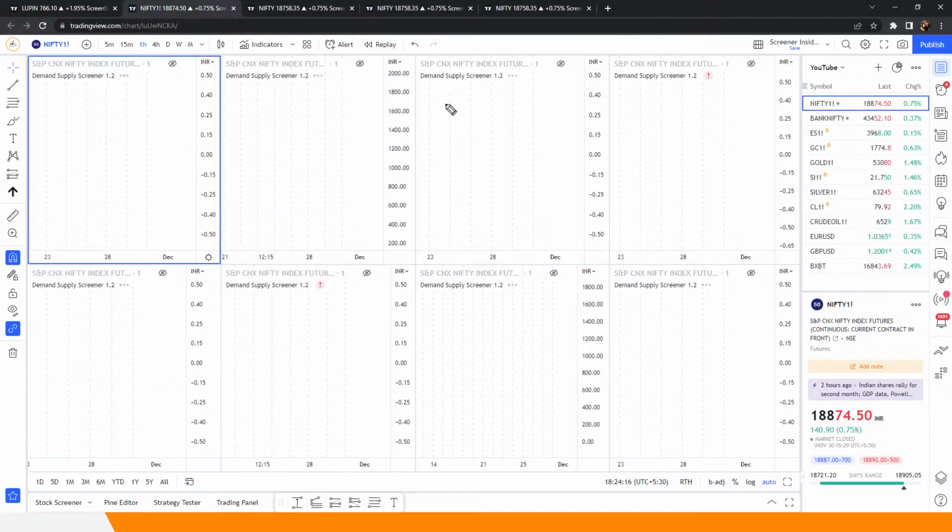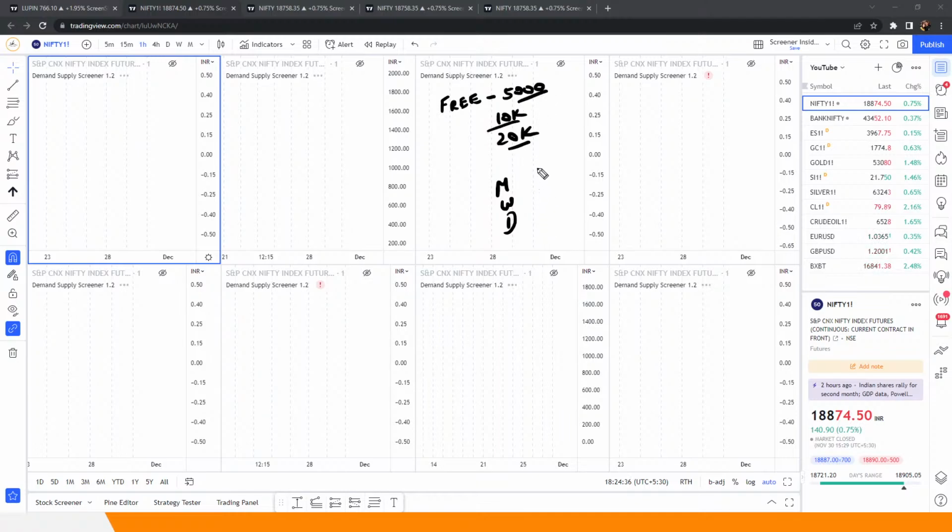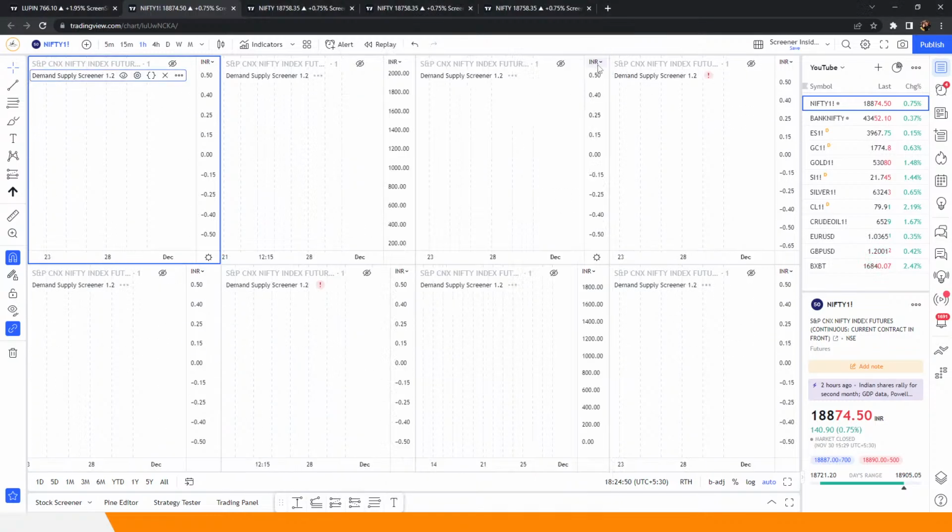Now if you talk about a free account on TradingView, on a free account you get data of up to 5,000 candles. On a paid account, depending upon your subscription level, you can have data which can be 10,000 candles or even 20,000 candles. So on the monthly chart, the weekly chart, the daily chart, you'll probably not have 5,000, 10,000 or 20,000 candles. So you don't have a lot of data which the screener has to analyze. But once you go to the smaller time frames, that kind of data is available, which takes a lot of time for the screener to go through each and every script out of these 40